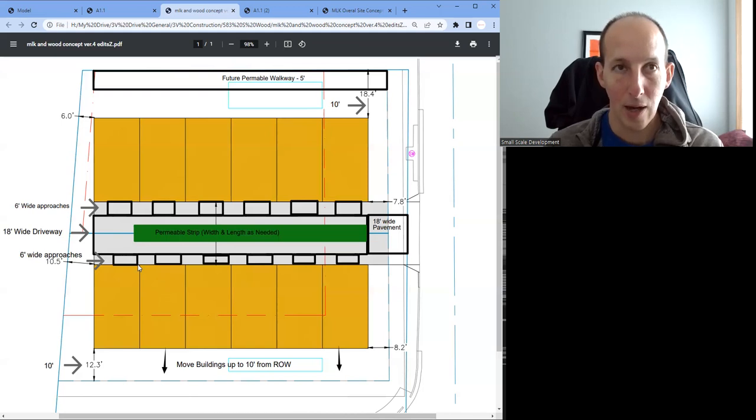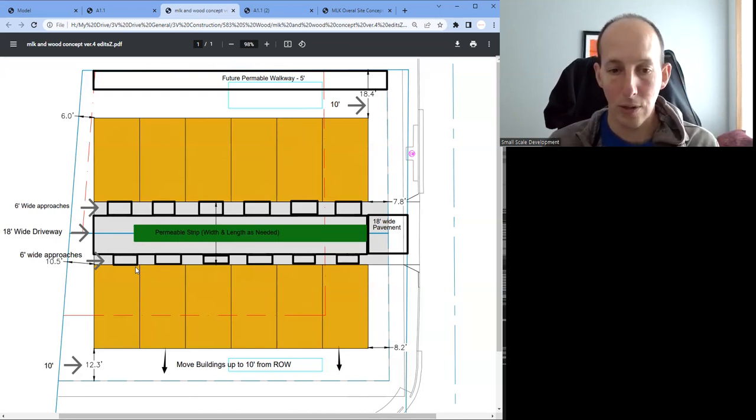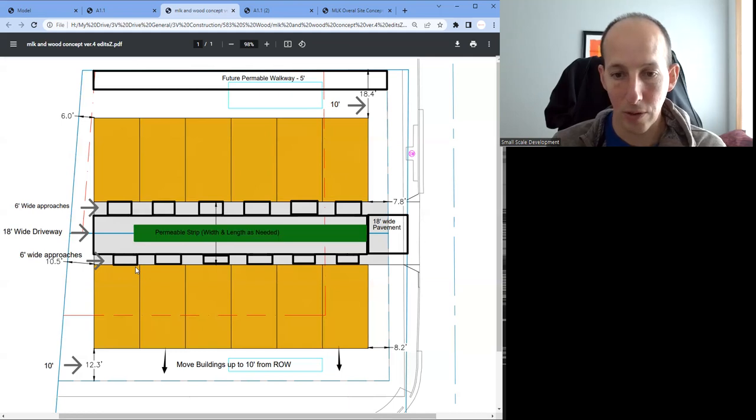That would take some time, but I also thought that it might be worth it for the future, because I just think that 18-foot wide townhouse lots are somewhat arbitrary, and 16 and 14 can make things a little bit smaller, get more units in there that are smaller, and so more people are able to have a smaller unit, which would lead to something that's a little bit more affordable. And I think there's a market for that. But ultimately, we decided on this project we would just leave it at 18, and that would be the